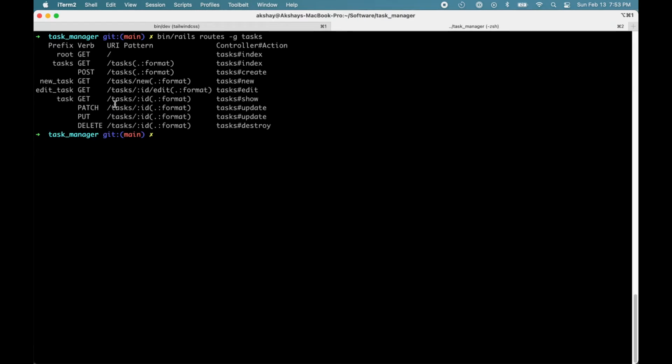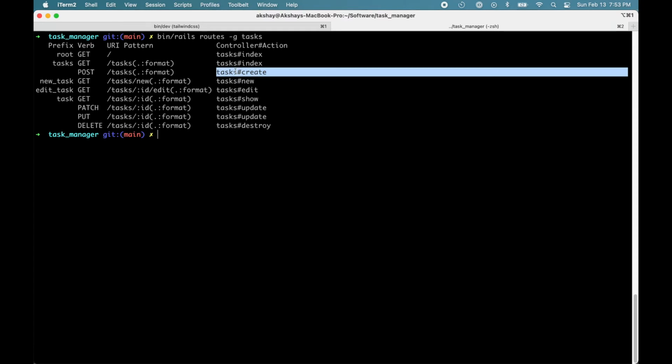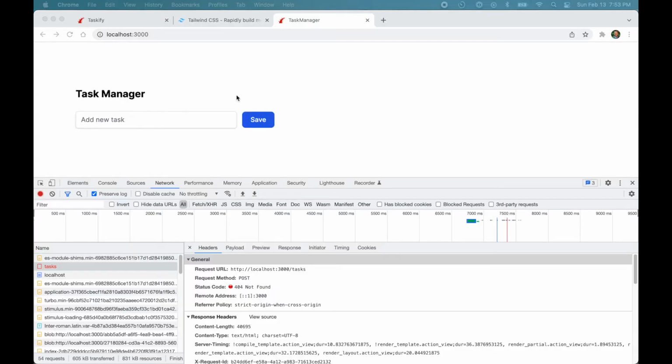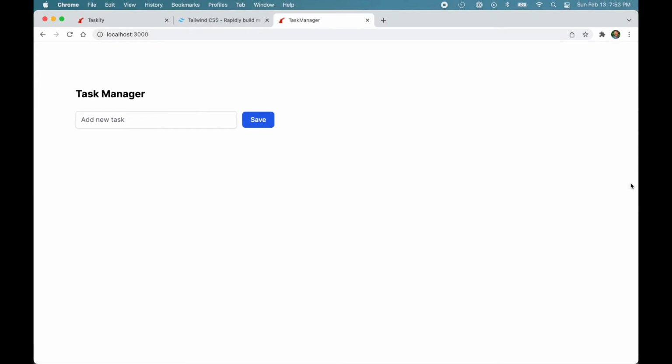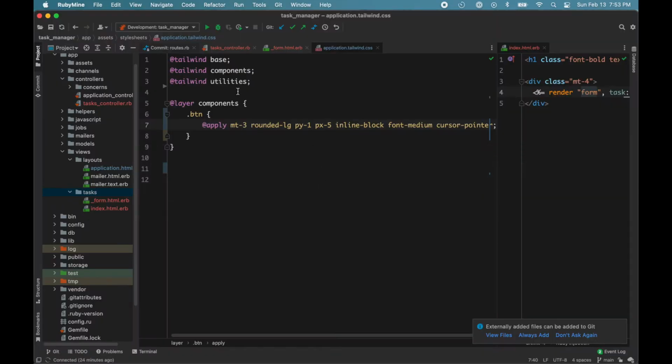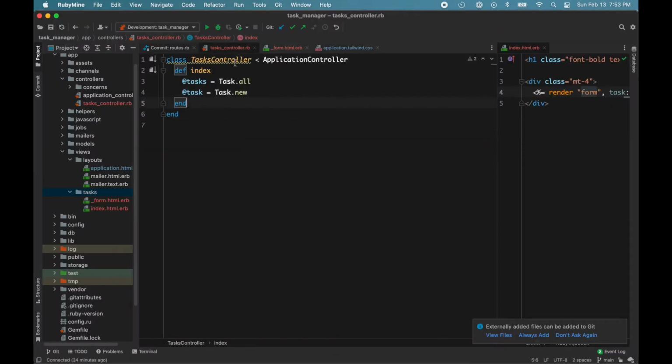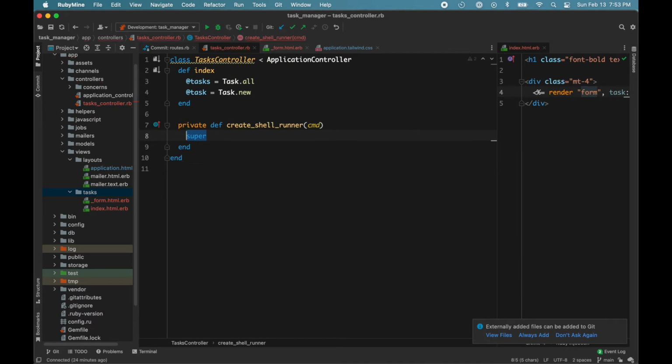So you can see the post request on the tasks endpoint expects a create action on the tasks controller. So let's create that action. In the tasks controller.ruby file, let's add a create action, and